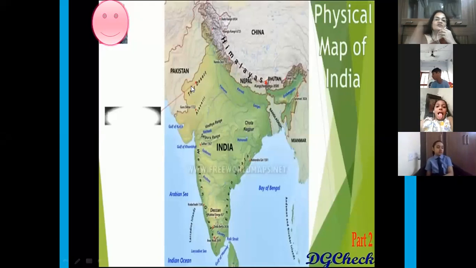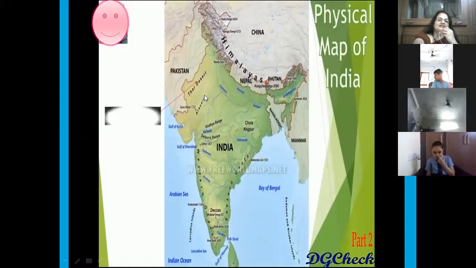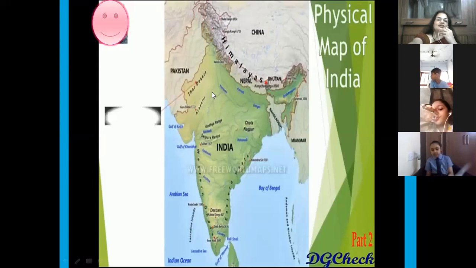Now, as we come below the south of Thar Desert, we have the Aravalli mountain range. This is the oldest mountain range of India, students. Oldest mountain range, it is Aravalli. It starts from Gujarat and ends at New Delhi. So it is covering completely Rajasthan state, our state. And Thar Desert, the important desert of India, is also located in our state, that is Rajasthan.